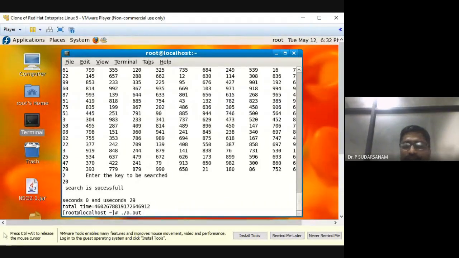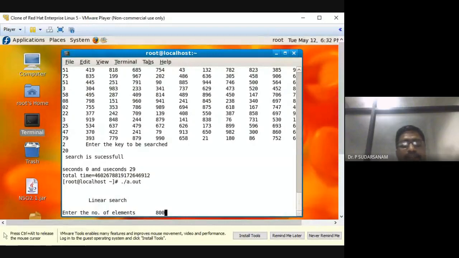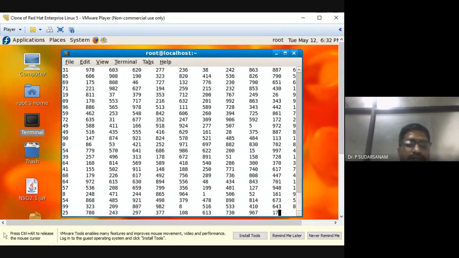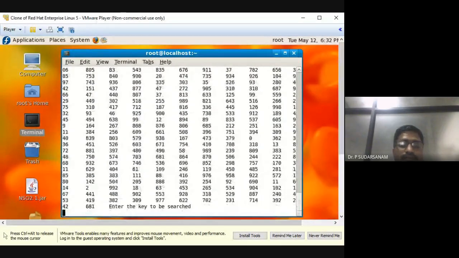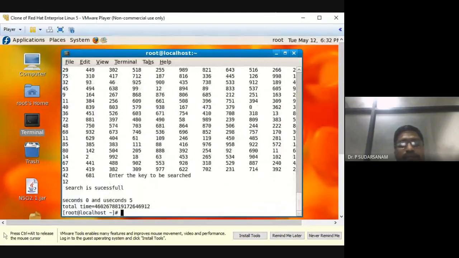Now enter one more, 8 lakhs. Enter some number, and search is successful because some 12 may be there somewhere in between, so it will work. Don't worry. Because you have already checked first for the small numbers, successful and unsuccessful, the teacher will then ask you to enter the bigger numbers, then go for the graph.